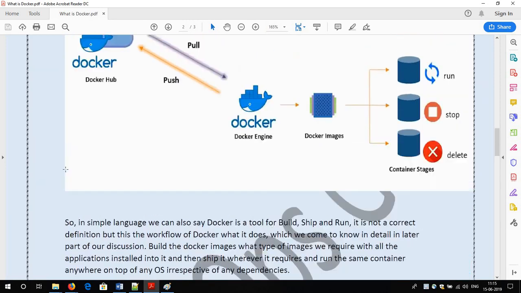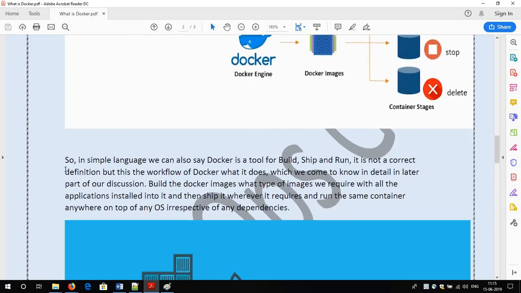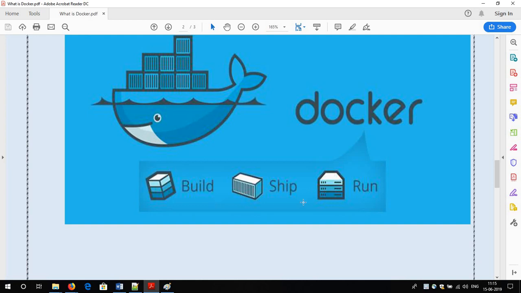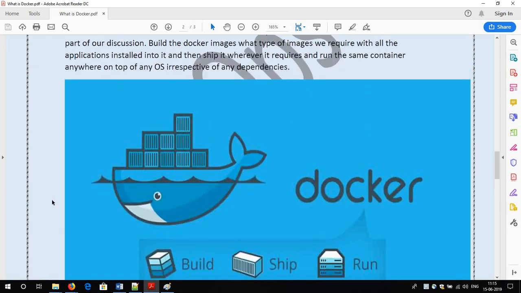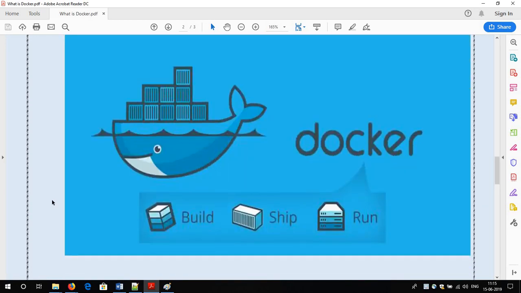So now again I am giving you one different definition of Docker, that is, what Docker is. In simple terms, you can say Docker is a tool to build, ship and run. Now you will ask what this build, ship and run is.